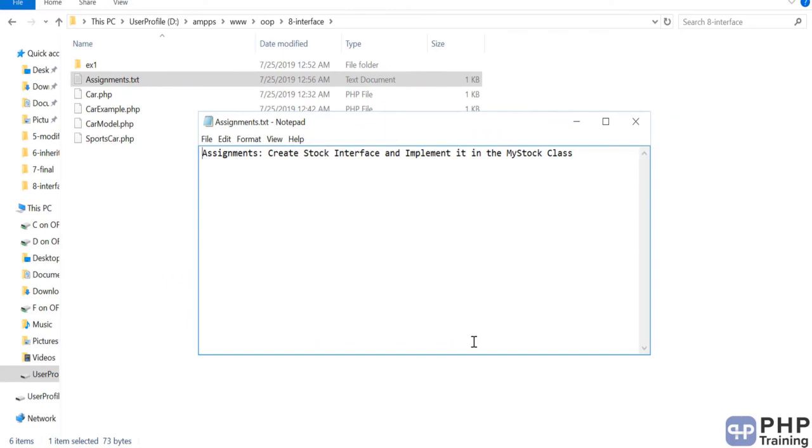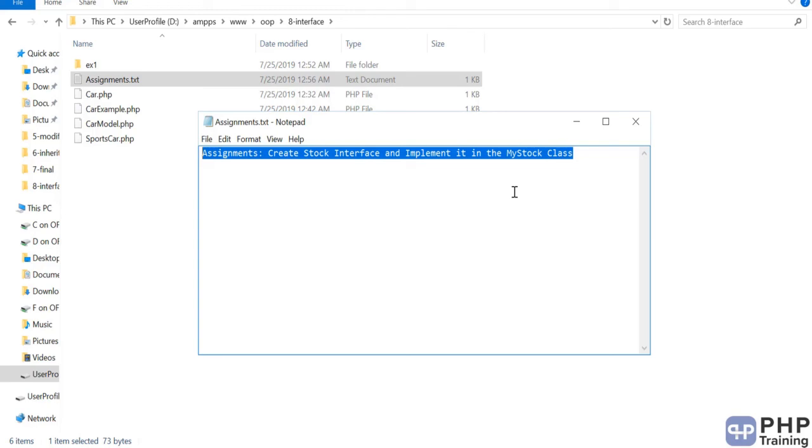Hello and welcome to the assignment section. So here is your assignment. You have to create a stock interface that could define methods like buy stock, sell stock, and all those methods related to stock. Then you implement the my stock class, which implements the stock interface, and try to implement them. Okay, whatever logic you want to place inside this my stock, come up with your own idea. Think through, how do you define an object? Well, think about, if you're given a task for converting that stock logic into a stock interface, how do you implement the my stock class via implementing the stock interface?